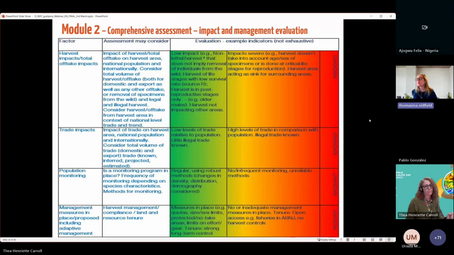One thing to point out here is that on the right-hand side of the table, unknown is considered to be a higher risk. If you don't know any of these factors, then actually it's very difficult to be sure of whether you